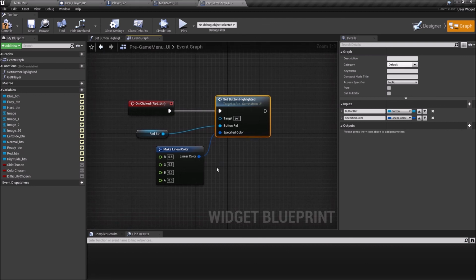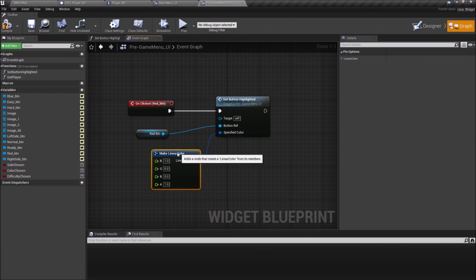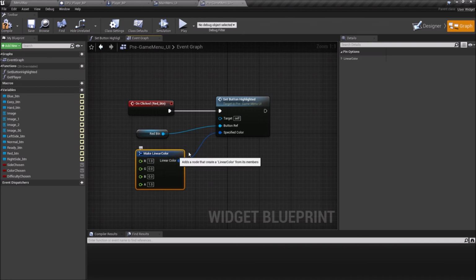Now the color this is going to be is 1 on the red, 0 on the green, and 0 on the blue, and the alpha is going to be 1. So it will set the red button to be highlighted red,